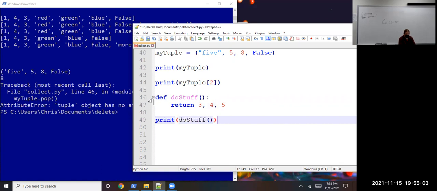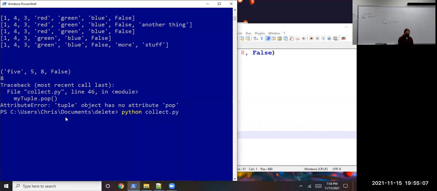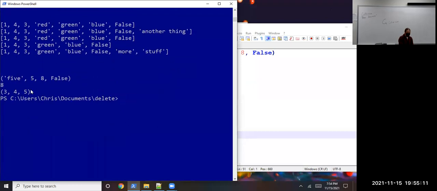I'm getting ready to delete this. Just wanted to show it while we're talking about tuples here. Because if we return multiple values, notice the form it comes back in. There are parentheses. So when we have a function that returns multiple values, we get those values back in a tuple. So we might need to turn those to a list, which